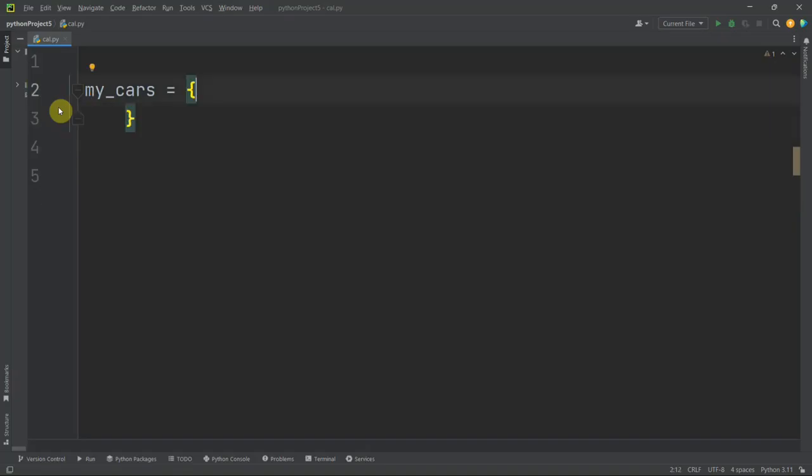Now I just created a dictionary called my cars. All right, now inside my cars I come down here and I want to create more dictionaries inside this dictionary because I have many types of cars. Okay, now I have to specify this is an open curly bracket and this is a closing curly bracket. Inside of this curly bracket we will write all we want to write. I may include another curly bracket and then open it right in between it, and then I will have to specify what I want to do. Right here I may say